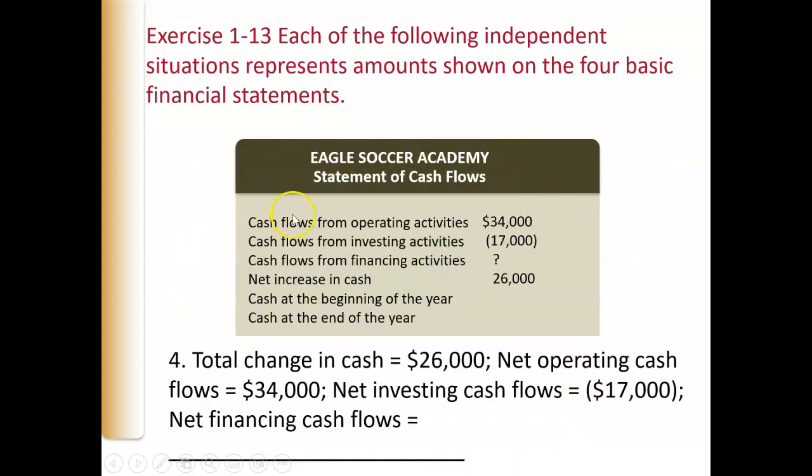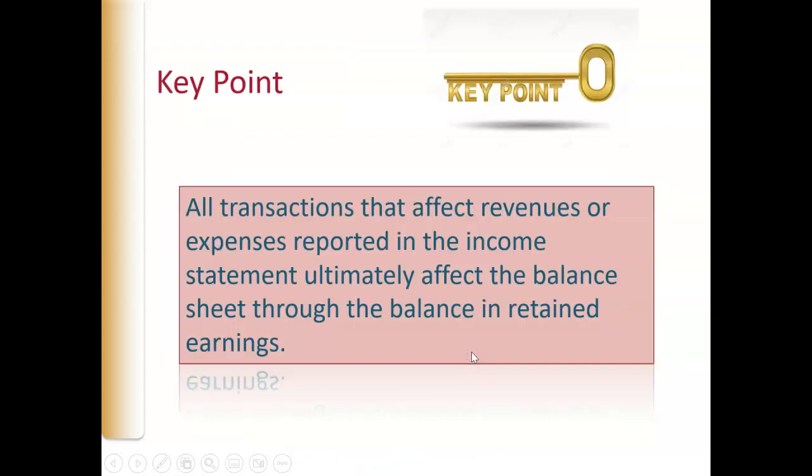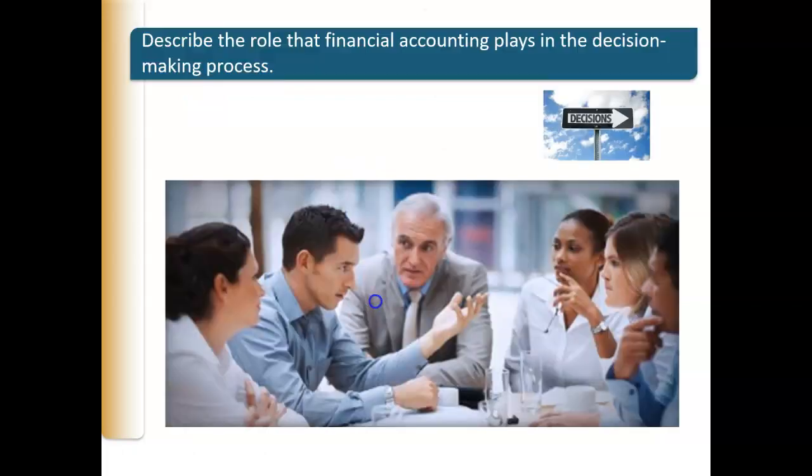Then we've got different examples. Again, you guys might need to go back and look at this because I'm rushing you and I'm so sorry. If our total change in cash for the year is $26,000, and we know our operating activities were 34 and our investing were minus 17, then we know our financing cash flows have to be 9 to make the 26. Does that make sense? Remember, all transactions that relate to revenues and expenses are put on the income statement. Okay? I am not going to finish this piece, but if you go through the review, you'll learn about the